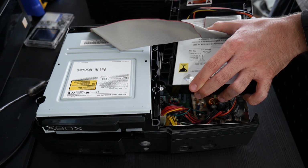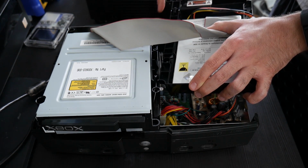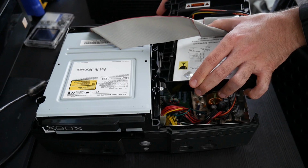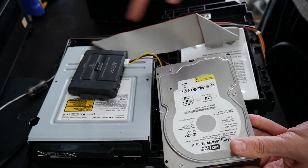And then what you can do is inside of that, you can plug in your Y-splitter and then plug in one end into this hard drive and plug in the other into your other hard drive, or plug it into your adapter. Now for this method, I'm going to be using, again, this hard drive, and I'm going to be